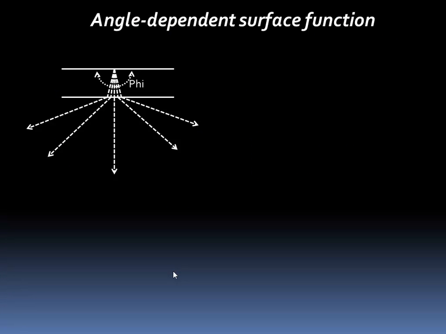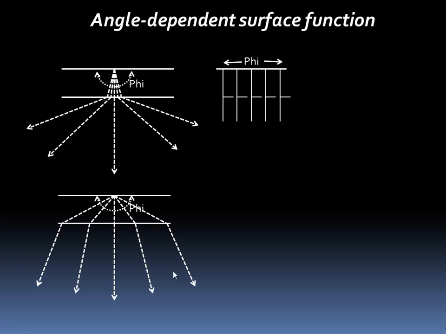Let's look at a diagram that shows this. Back to our surface consistent picture. If we decide now to talk about a two-dimensional surface function, this is what we'll get. And I'm indicating phi is the near surface ray path angle. If we plot the arrival times that are caused by this near surface layer, the delays caused by this near surface layer as a function of that angle, we'll find that basically the arrival times are all the same. So this is how we justify the use of the surface consistent static approach. We know that that surface function doesn't vary with angle, and we can approximate it with a single static shift. On the other hand, when we go to a picture like this,